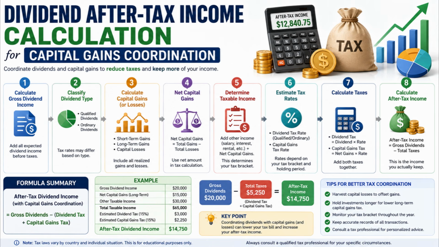Finally, the goal is simple. Coordinate dividends and capital gains carefully, reduce unnecessary tax, and keep more after-tax income. When investors understand how dividends, gains, losses, tax rates, and taxable income work together, they can make smarter investment and